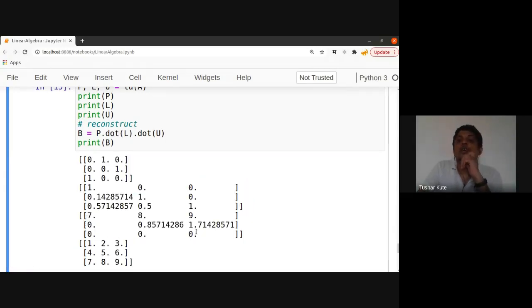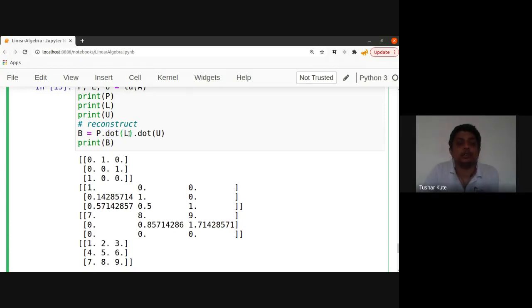And remember, how exactly it is identified: it's an inverse operation. If you want to reconstruct it, it is the dot product of P into L into U. So you're converting this data into a lower valued format. You can see P dot L dot U. This is the dot operator, or dot function, we talked about in the last session. Using that, direct multiplication is possible.